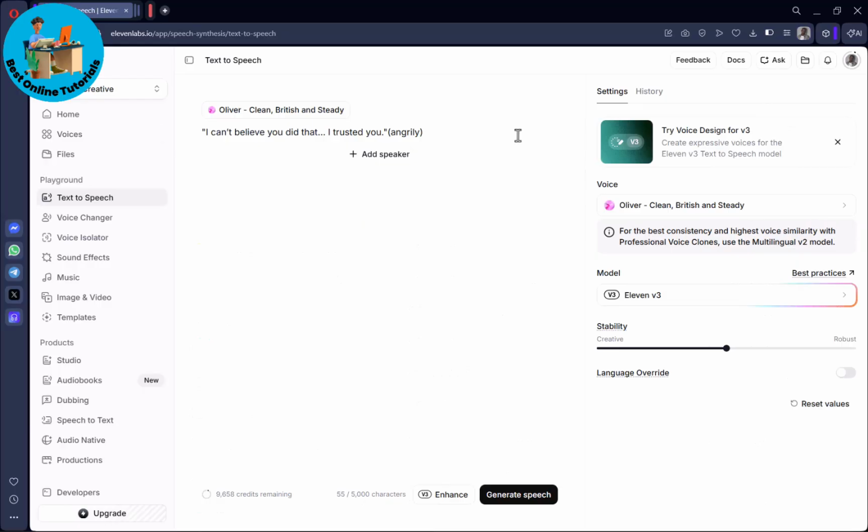Now, once you've selected a voice and you decide to use it, you'll be taken to the text to speech menu where you can simply enter your script and it's going to read the script accordingly in that voice and accent. All right, so for the stability, you could take it down to creative, or you could take it up to robust, or you could keep it at a natural British speaking voice, and then just simply click on generate